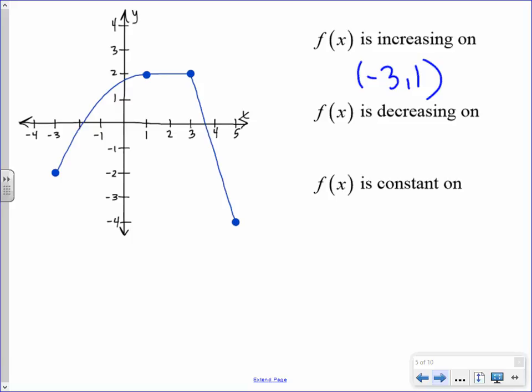Pod 2, decreasing. 3 to 5. Pod 4, constant. 1 to 3. Are they correct? Yeah. Okay. We're going to use open intervals because at a point where we're changing directions, we can't really say it's increasing or decreasing. Okay? Now, if you think back to yesterday,